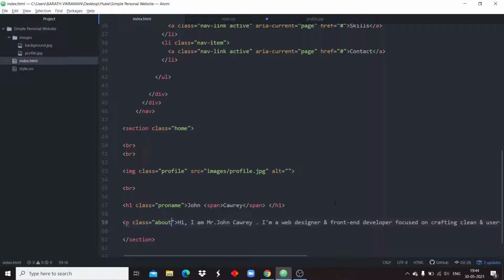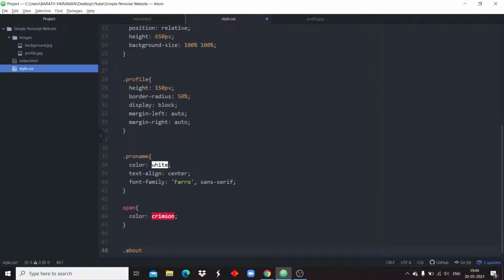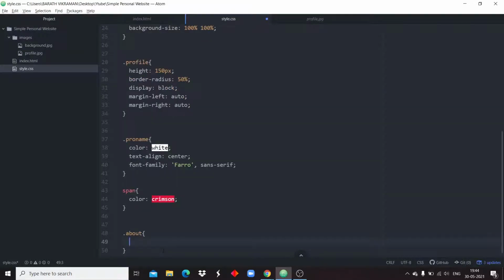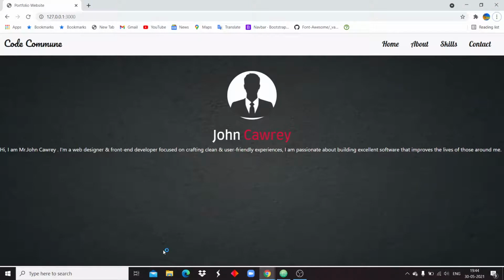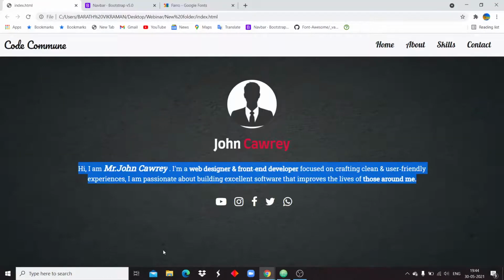Always use a short name, because it is preferred to use a short name. I'm just declaring it as about, color white. It has been changed.